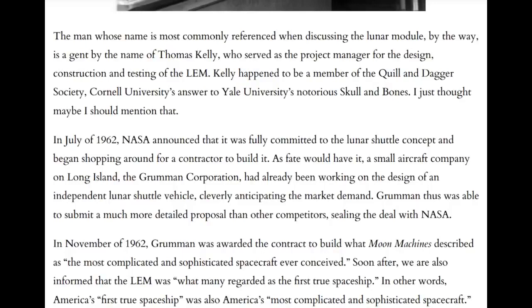In July of 1962, NASA announced that it was fully committed to the lunar shuttle concept and began shopping around for a contractor to build it. As fate would have it, a small aircraft company on Long Island, the Grumman Corporation, had already been working on the design of an independent lunar shuttle vehicle. Cleverly anticipating the market demand, Grumman thus was able to submit a much more detailed proposal than other competitors, sealing the deal with NASA. In November of 1962, Grumman was awarded the contract to build what Moon Machines described as,